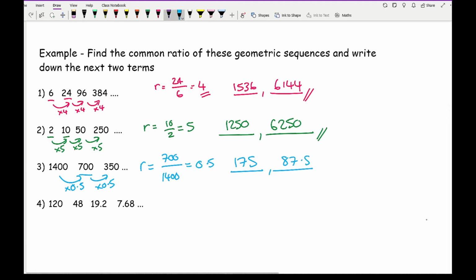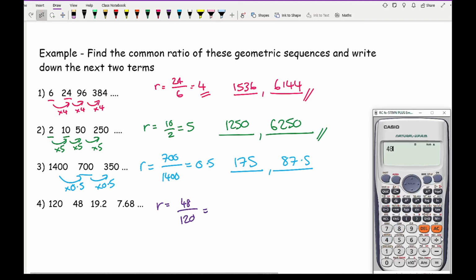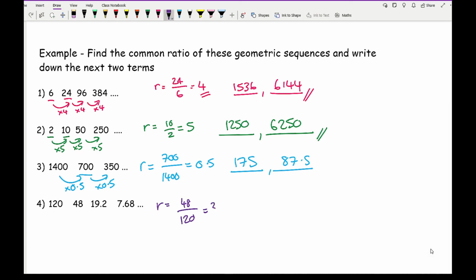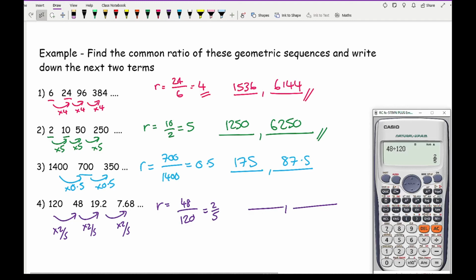And for the last one, let's go for purple. So here my common ratio again is decreasing, so I'm going to go for 48 divided by 120, and so calculate 48 divided by 120 equals 2/5. So to get from this number to this number, what I need to do is multiply by 2/5. To work out the next two numbers, what I need to do is 7.68 multiplied by 2/5 equals, and we get